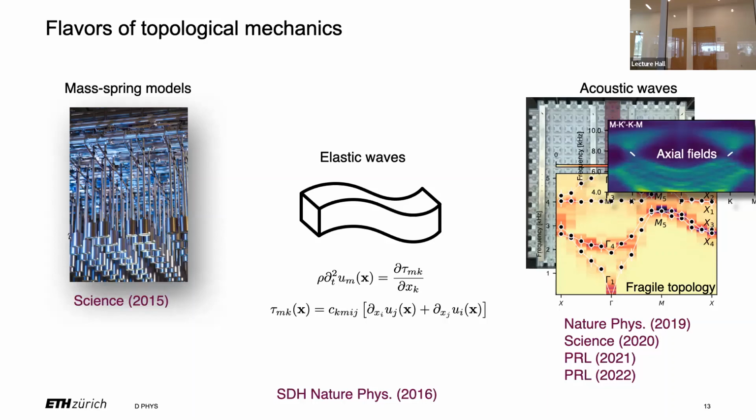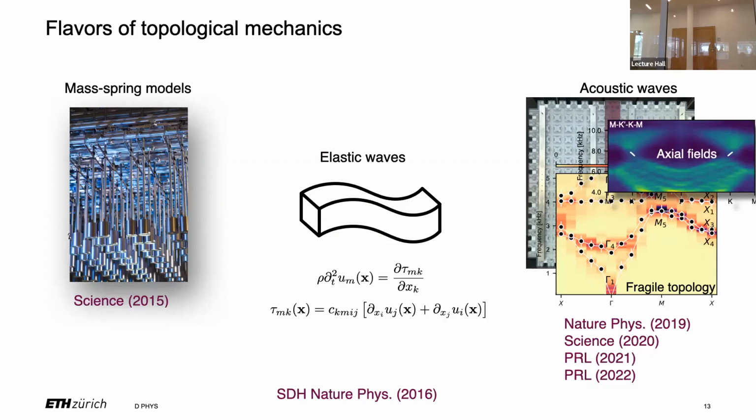I also don't want to talk about that. I want to talk about the really nasty beast in the middle. Elastic waves are a tensorial wave equation. It has longitudinal and transverse polarizations, unlike the Maxwell equations. It's horrible. And that means bringing your ideas to work in this realm is much more complicated, much more challenging.